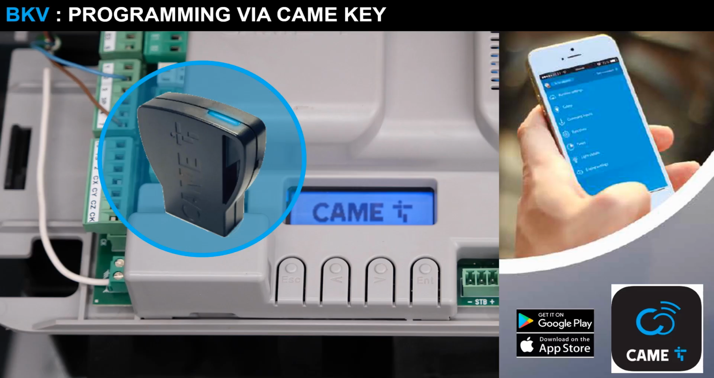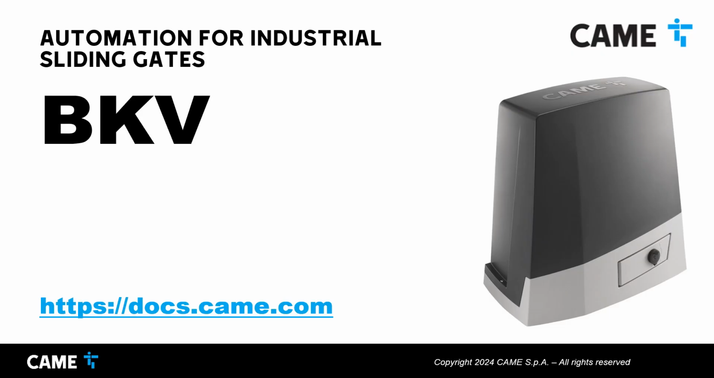All the configuration and much more can be done via smartphone, thanks to the CAME key, the tool for easily configuring all your CAME automations from your phone. There are many other options and functions that can be found in the manual, which we invite you to consult